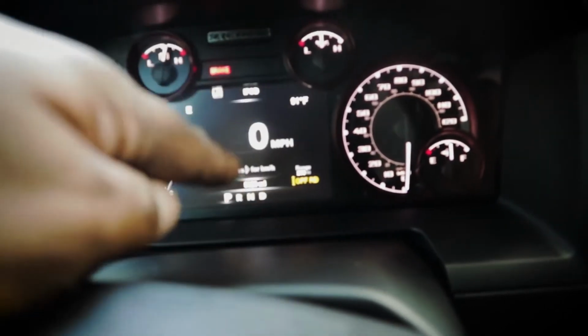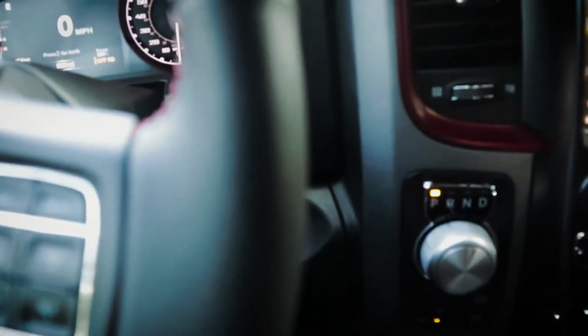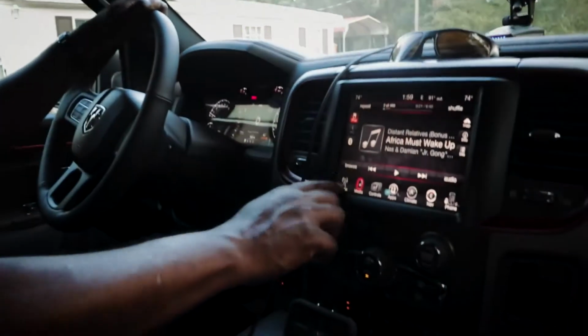So here's the same thing. Right, so you see it says off-road mode, right? So the highest level. I'm going to put it back to autofocus, give it back to Lola. That's just my phone. Don't worry about it. All right, so